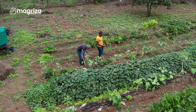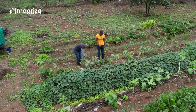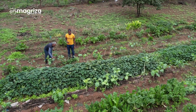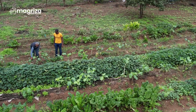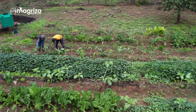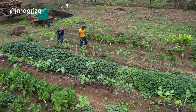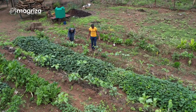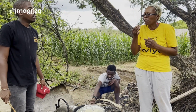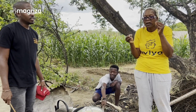My happy place is in the kitchen, and so I'm super excited. Back here at Gogo. Remember, I think in April last year we did a video with Gogo, where we spent the day with her and we went to Matobos. But today is a bit different. We're joined by Chef Angela, all the way from the United States of America. So we're going to have a cookout. I'm going to be doing my signature dishes, and she's also going to be teaching me some of her dishes